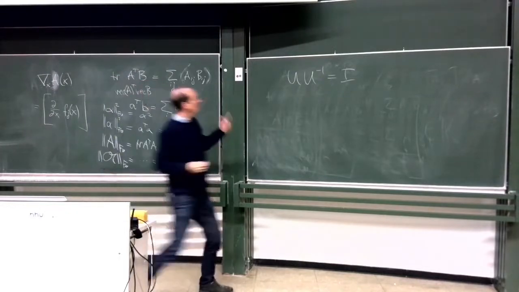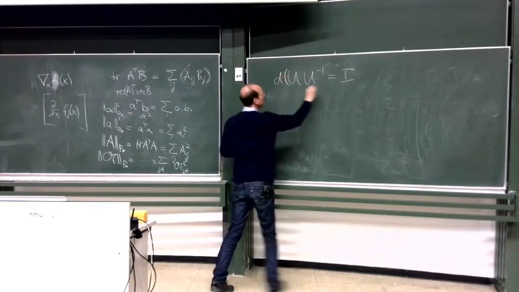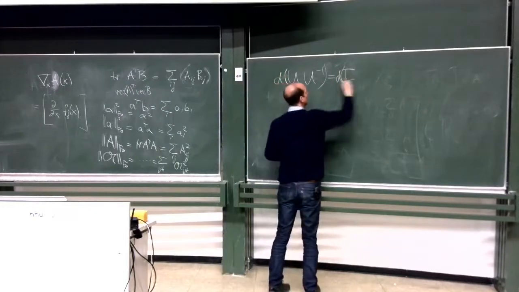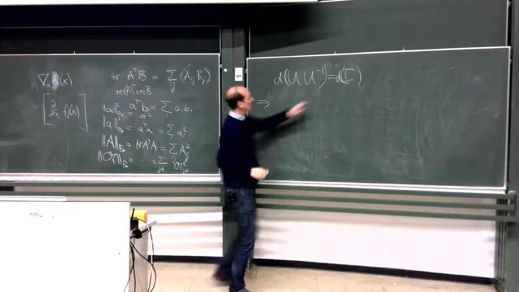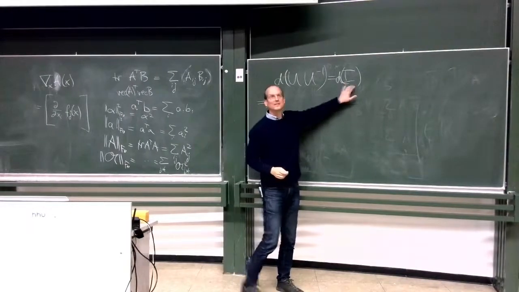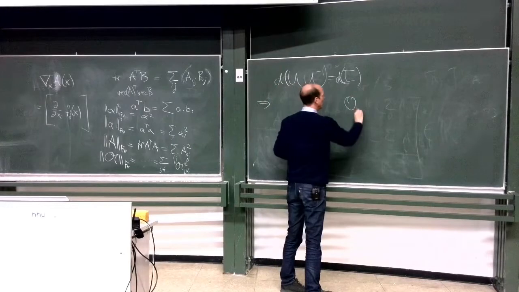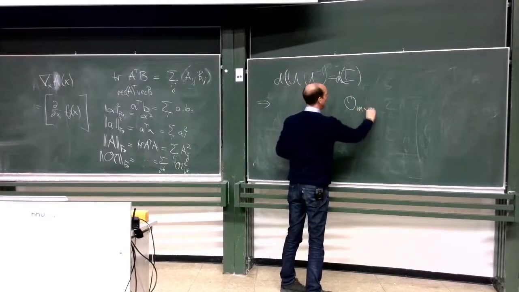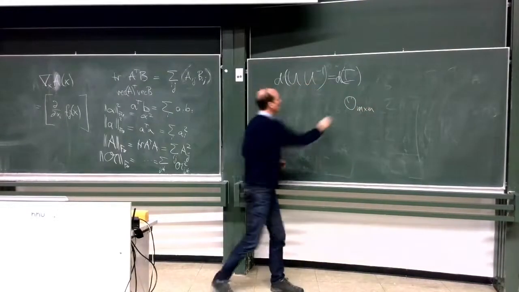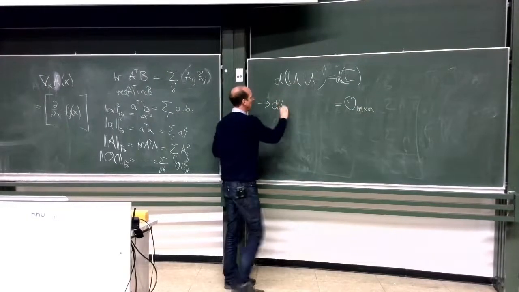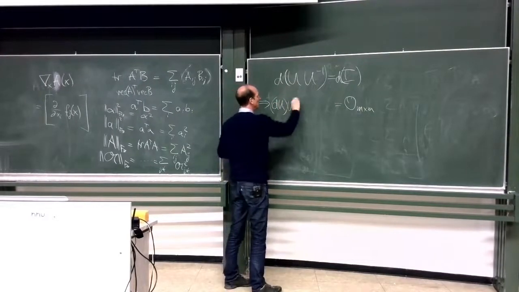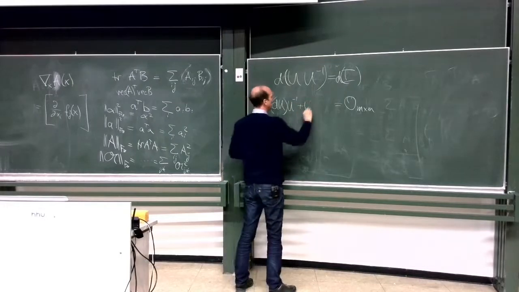Let's calculate the differential of this expression. Then we get, I is the constant, so it's 0, a 0 m times m matrix. And for the other side, I'm using the formula for the product, so it's du times u inverse plus u times